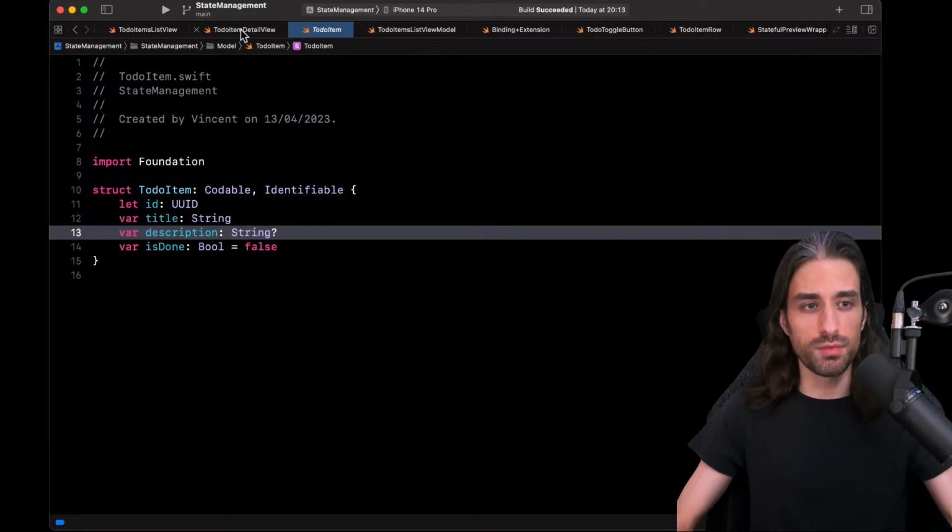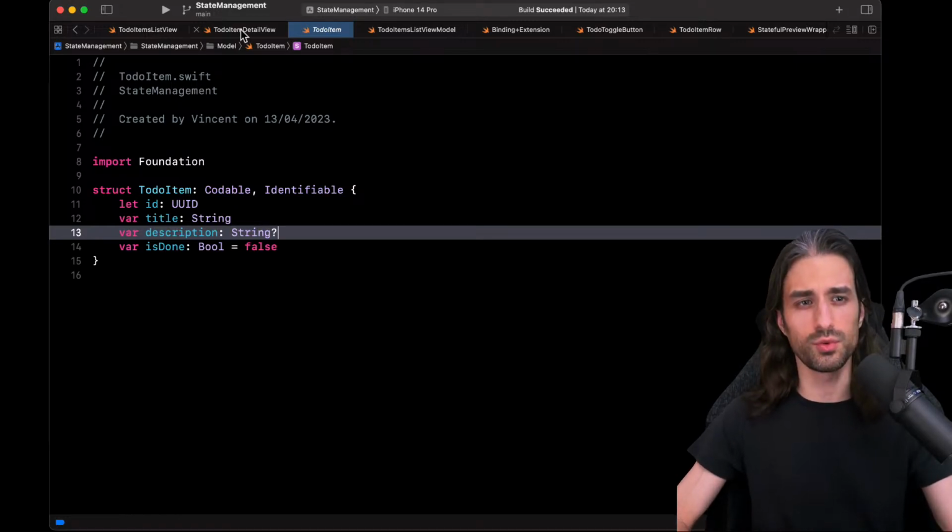It might just be the empty string, but you would like to always have one. Description being optional can make sense, even though you could also use the empty string as a default value. So I would say it's more a matter of preference. I don't really have a strong opinion, to be honest, in this example between optional and empty string. I think going with empty string can often make things a bit simpler than optional.